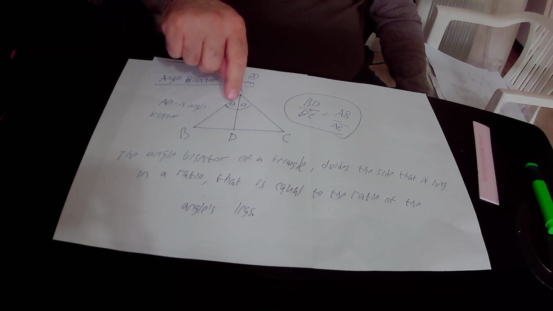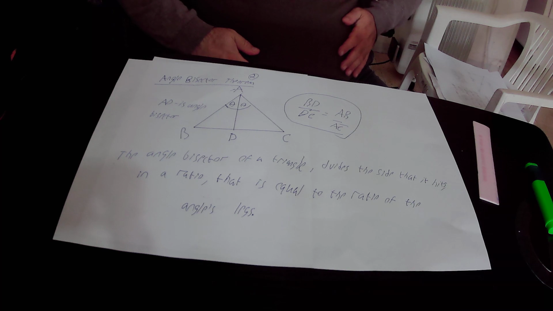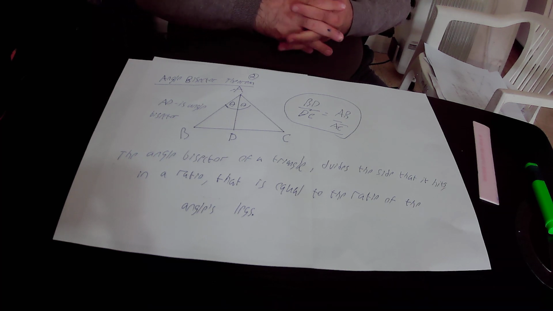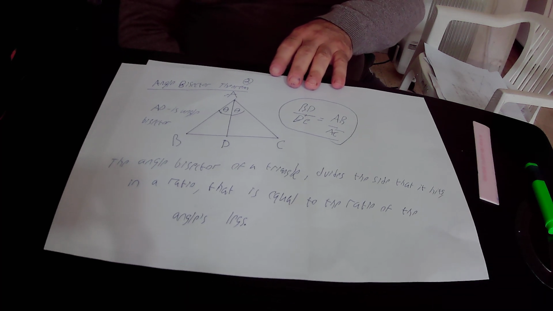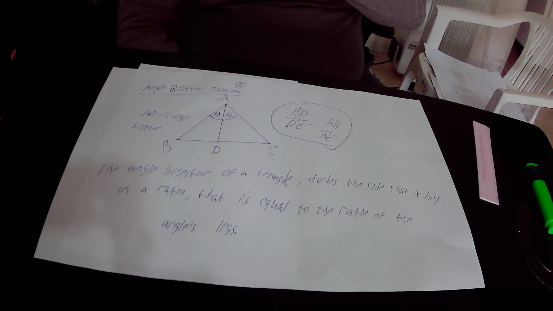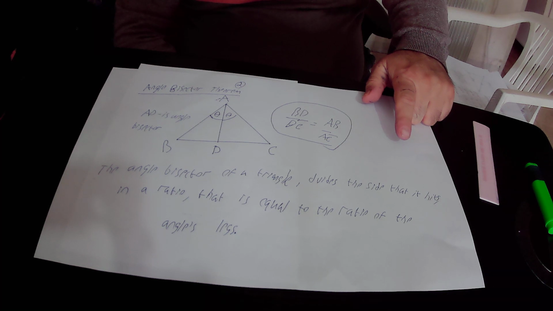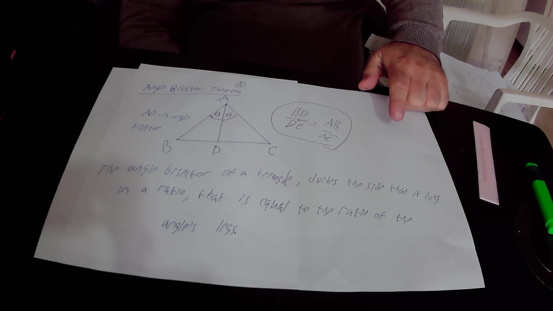The first half is equal to theta, and the second half also equals theta. So, according to the angle bisector theorem, the angle bisector in a triangle